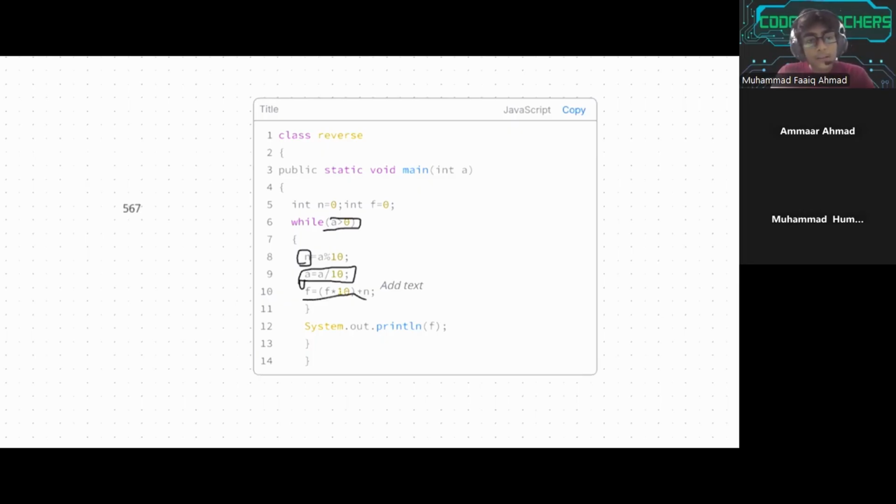Okay, so now the loop will again execute. It will check if 56 is greater than 0 or not. And because it is greater than 0, we'll again get n is equal to a percent 10. We'll get the remainder as 6, because 56 divided by 10 will get the remainder as 6. So the new value of n has to be 6. And a will be 56 divided by 10, the quotient, that is 5. So the new value of a will be 5,